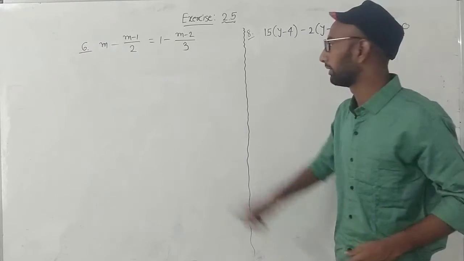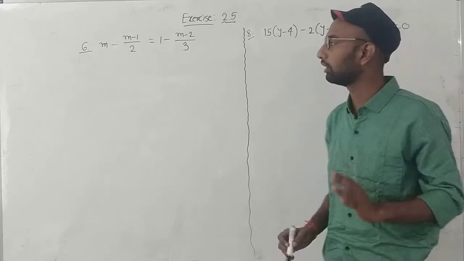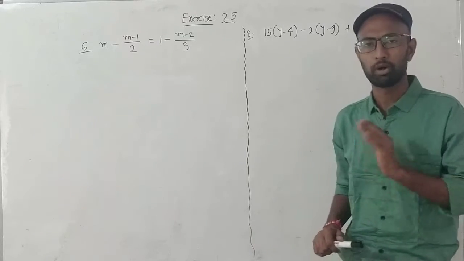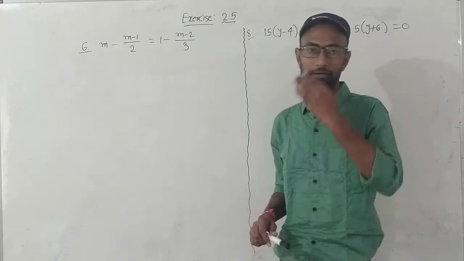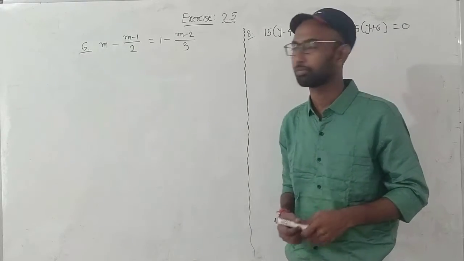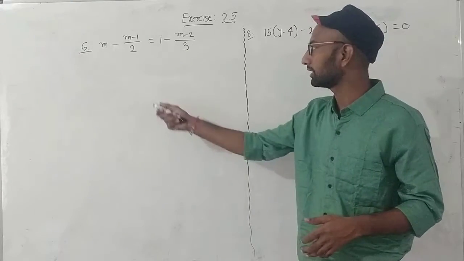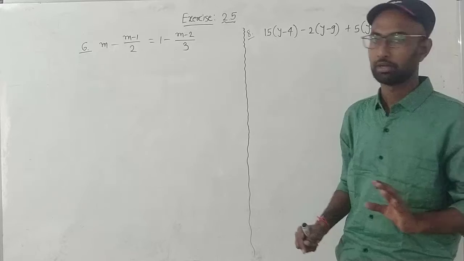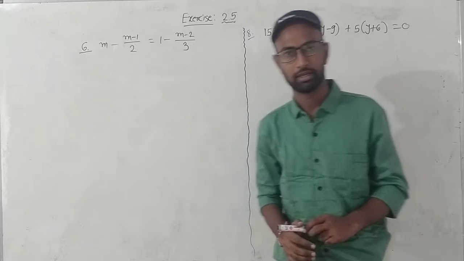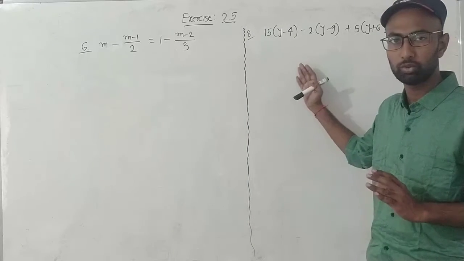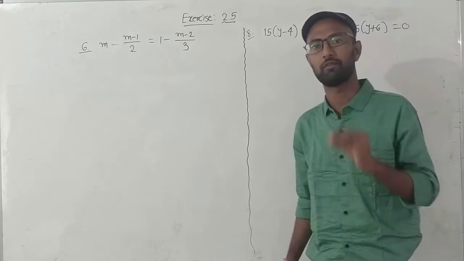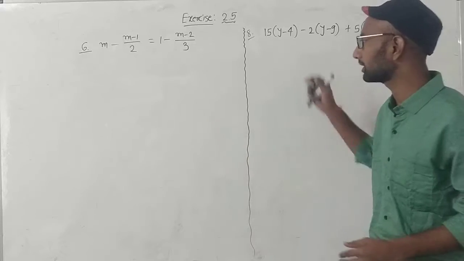Okay, so we were talking about our exercise 2.5 in which we had solved sums up to 5. We had solved totally 4 sums, but there was a third sum which was very easy. That is why I have given it to you. Solve yourself. Okay, and today we will see question 6 and 7 is also easy. Once I solve question 8, you will be able to solve question number 7. Okay, this is extremely easy. If you are able to learn how I am solving question 8, then question number 7 is nothing. It's very easy. Okay, so let me see question 6 and question 8.